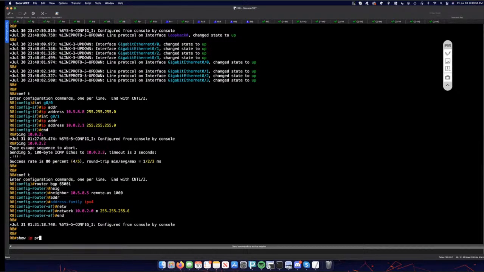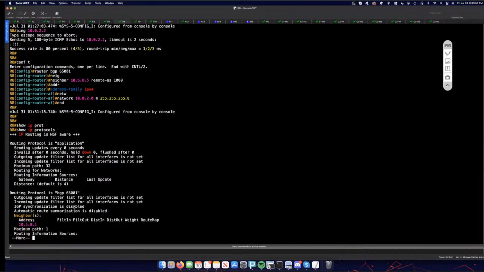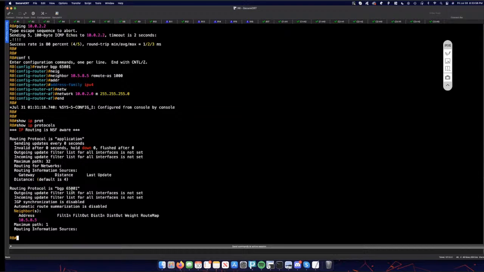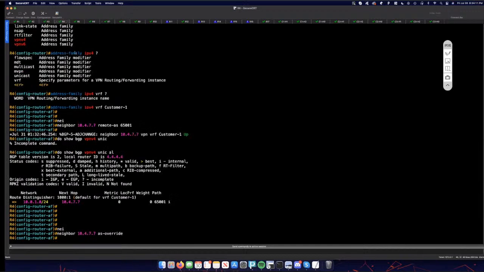Let's go on any one of these other customer routers. They're also running BGP and 65001. Because realistically, if you're a single enterprise customer and you have a public AS at all, you probably don't have multiple public ASs for every single site you run. Right. So the problem with that is that the main BGP loop prevention mechanism is going to be to check